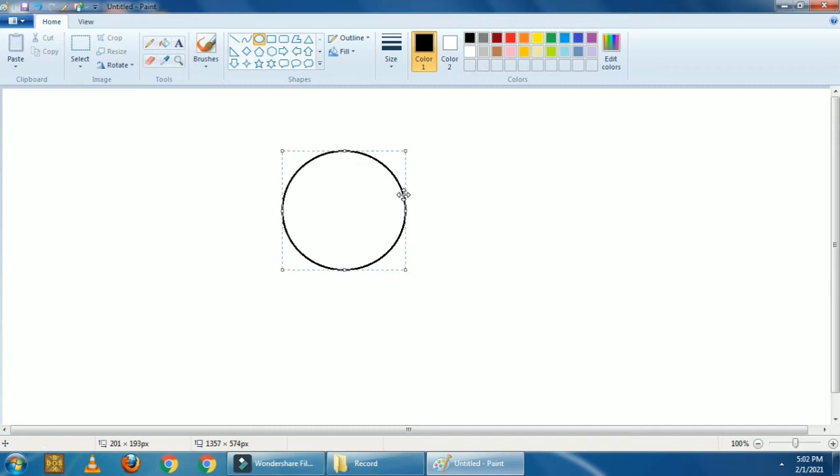Okay, now we don't have to change in this. Okay, nothing to change. So click outside of the circle. It will complete. Now next we have to draw ears. So again click on oval shape and on the left side click and drag your mouse from here, and when it touch the boundary of the circle then release your mouse, click. Now let's go to right side and from here click and drag your mouse. Yes, when it touch to the border of the circle then release your mouse, click. Okay, so these are 2 ears of Mickey Mouse.